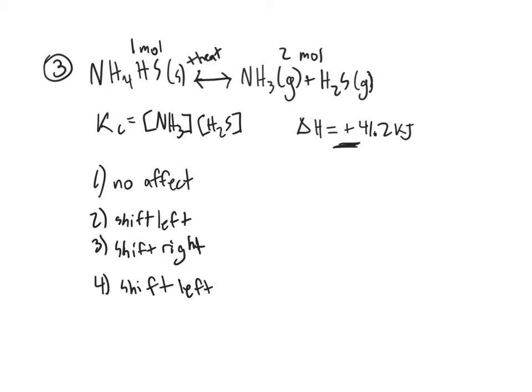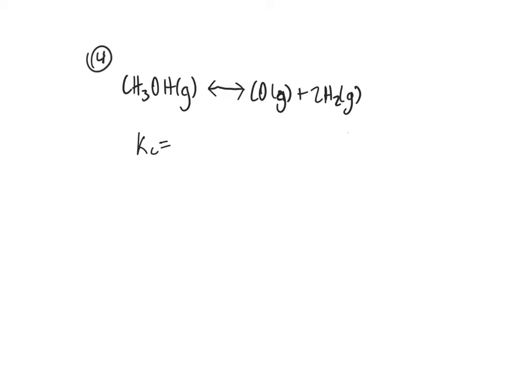For question 4, we have CH3OH gas on the reactant side, and CO gas and 2H2 gas on the product side. So our formula for K would be the concentration of CO times the concentration of H2 squared, because there's 2H2, divided by CH3OH, and we're given the delta H of positive